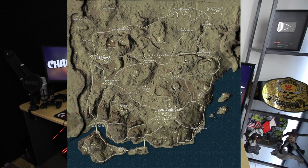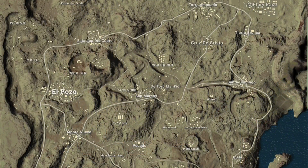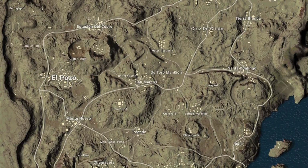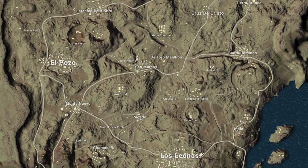But anyway, now let's move on to our next news report on today's show, and it's got to do with PlayerUnknown's Battlegrounds because we have a new look at the brand new desert map with the updated names. Now, this map actually came out a couple weeks ago, and it had kind of early names. I think it was leaked originally and none of the names were final, but it looks like these new names are final. As you can see, Los Leonas, El Pozo, I'm terrible with these pronunciations in Spanish, but then